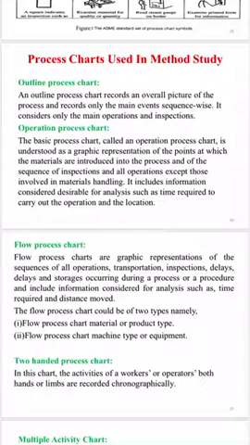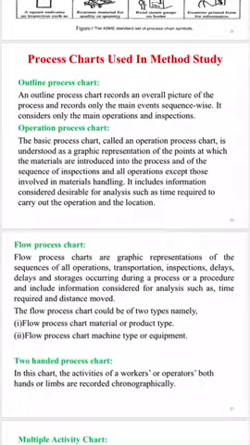So in the outline process chart, only two major activities will be recorded, that is operation processes as well as inspection processes. As we know, operation is indicated by a circle, and inspection is indicated by a rectangle or square. Okay, so only these two types of activities will be recorded in this outline process chart. In the operation process chart, all the activities are recorded: operation, inspection, storage, delay,